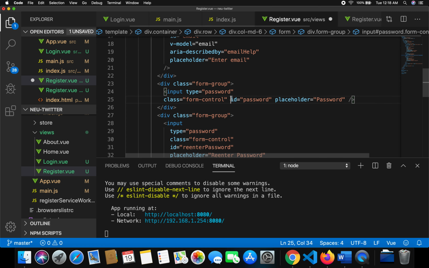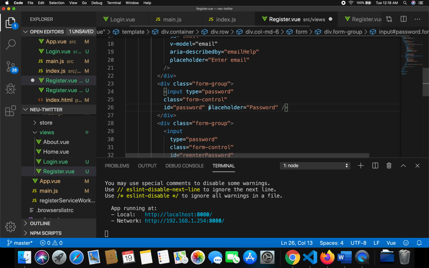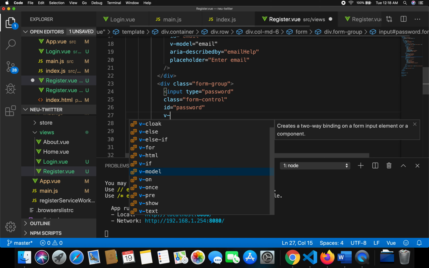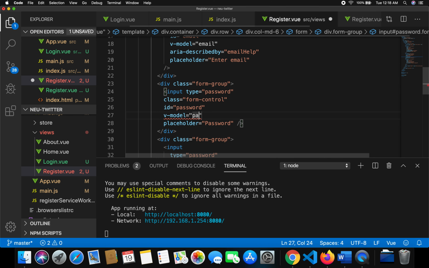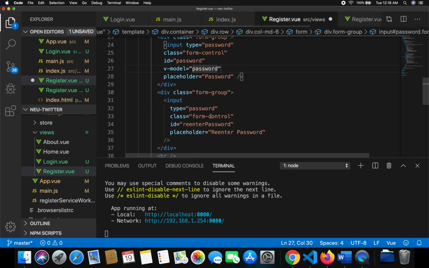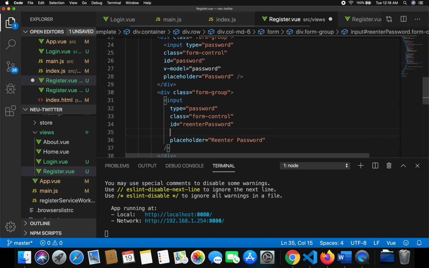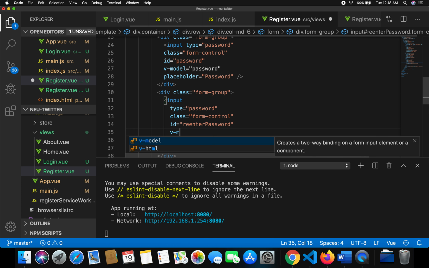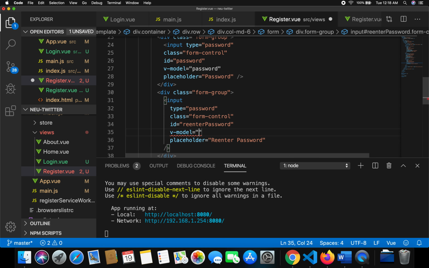So probably do it like this, and then we'll say v-model is equal to password, and then over here we'll say v-model is equal to re-enter password,